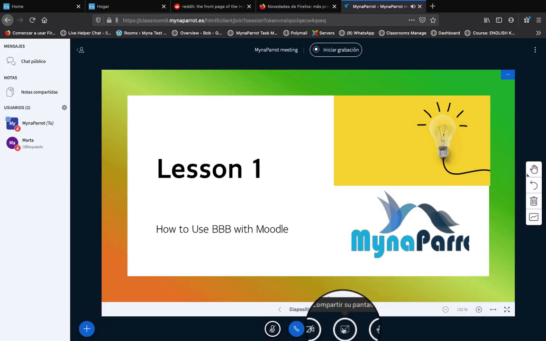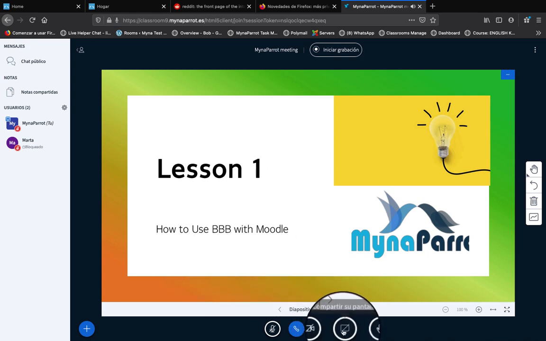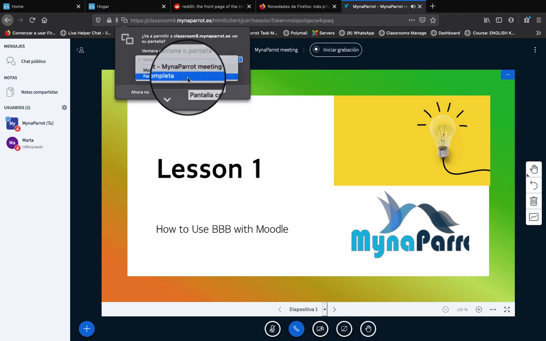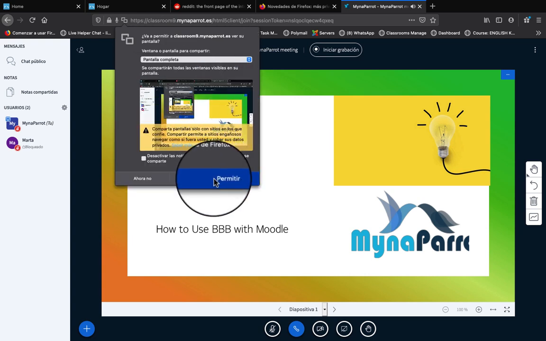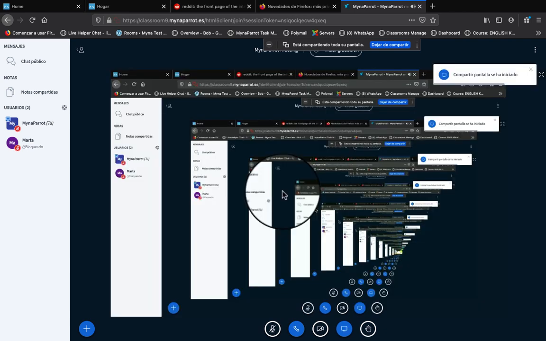You also can share the screen, so I'm here. I'm using Firefox now. I click the share screen button, and it gives me listed options here. And I can choose an entire screen or an application window. I choose here my entire screen, and then I click share. In a moment, the screen sharing will start up.